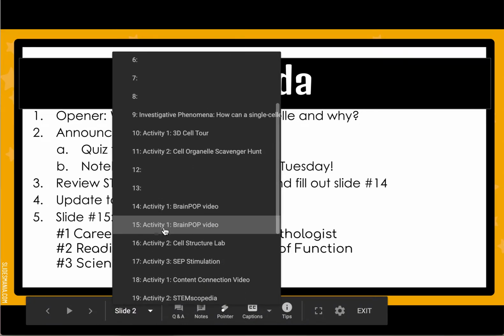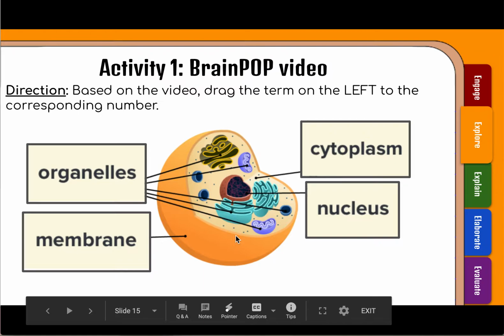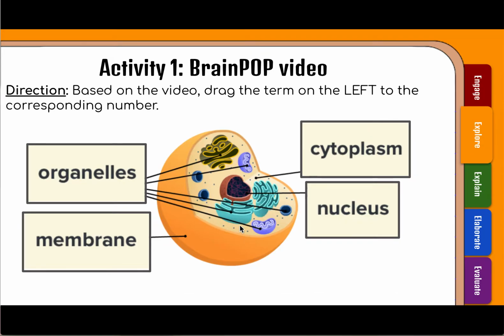So again, in your notebook, on the BrainPOP video that we saw earlier, it was, I believe, slide 10 in your notebook. Okay, we said that this is the cell membrane right here. Again, cell wall is only in plant cells, so it's a thicker layer. Cytoplasm, this is the fluid within the cell. The nucleus, you will see that this is this big circular structure. And mitochondria, they have a very unique structure. Mitochondria has an oval shape and it has a squiggly line in between. So that is one way you can tell the mitochondria.